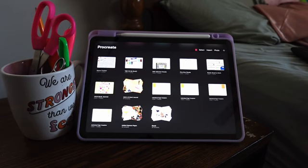But today we are going to be doing a walkthrough of my 2024 digital book journal setup. I'm still trying to figure out the best setup for when I do these videos, whether filming on my phone vertically or using my Sony camera. And then it literally hit me that if I wanted to show you guys how I do my individual pages, as I've mentioned in the past, I can literally screen record, so look forward to that in the future. But to get back to the topic at hand, let's talk about my 2024 digital book